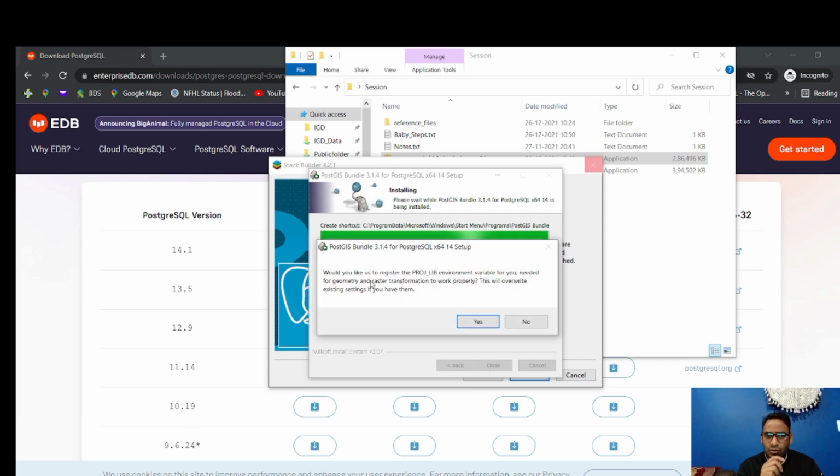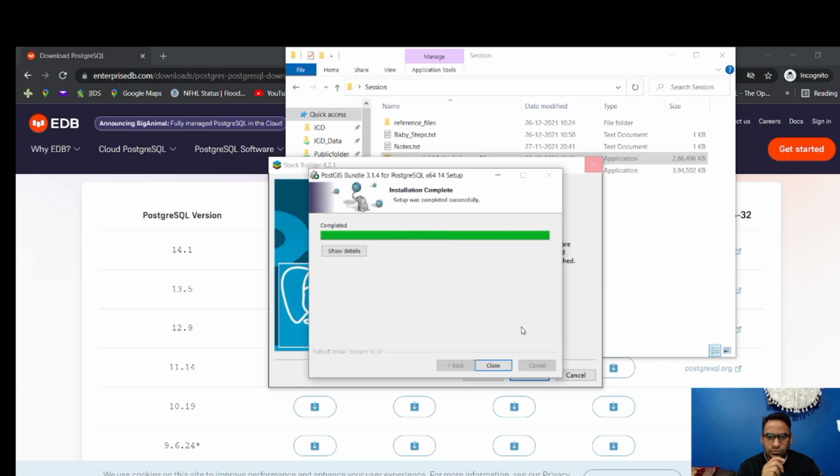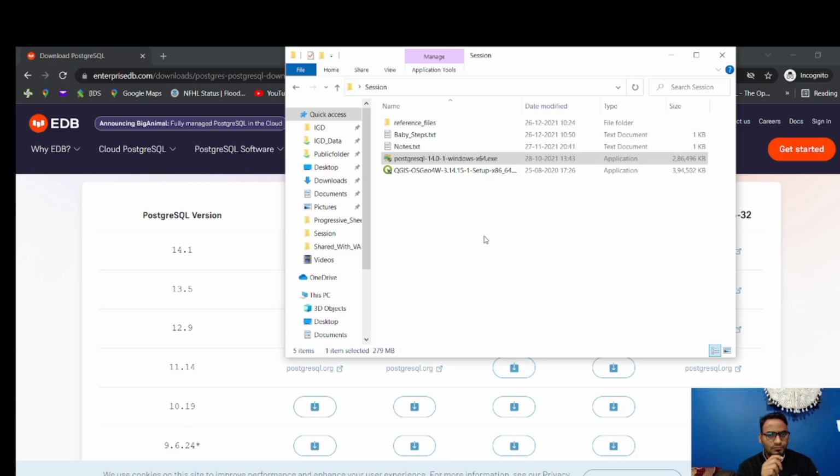Now it will ask you to go a little bit deeper. It will ask you to override the existing settings. In case you want to try, you can, but I don't want to go with this one, because the things that I want to operate are quite helpful without it. So I'll just click on no, no, no, and no, and we'll close this and just finish.